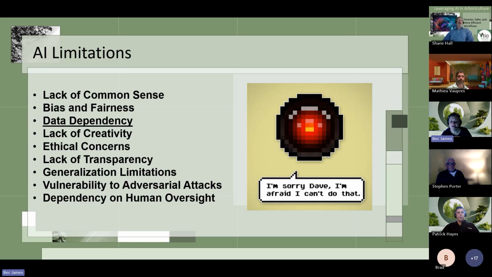As I mentioned earlier, data dependency: garbage in, garbage out, gold in, gold out. So AI's performance is really reliant on the quality and the quantity and the diversity of data that we put in. You could write that prompt, "Hey, chat, can you please write me an AIA based on this data?" and it will produce something that looks like a report.